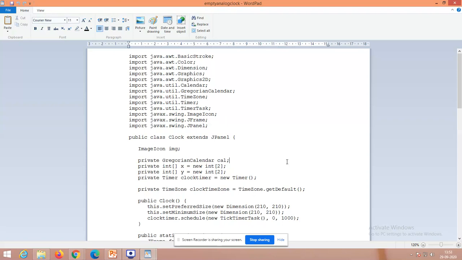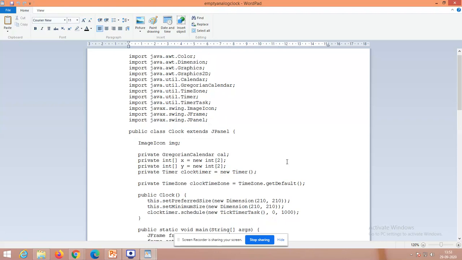The reason to fetch the Gregorian calendar here is that, based upon my local time zone, I am ready to make the clock tick based upon local time zone, right? While you are going to run this program in the Ripple IT, the local time zone won't be India's time zone. So it will be something different. If you want to run based upon your time zone, here in time zone you could give the corresponding Indian time zone. I think you can get this time zone in the second unit lectures I have taught you, right? So there you could give the corresponding Indian time zone, and a clock timer that they have designed as a logic.